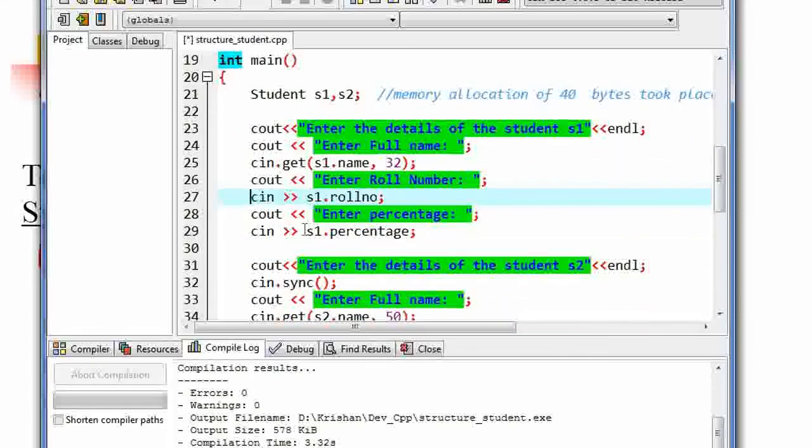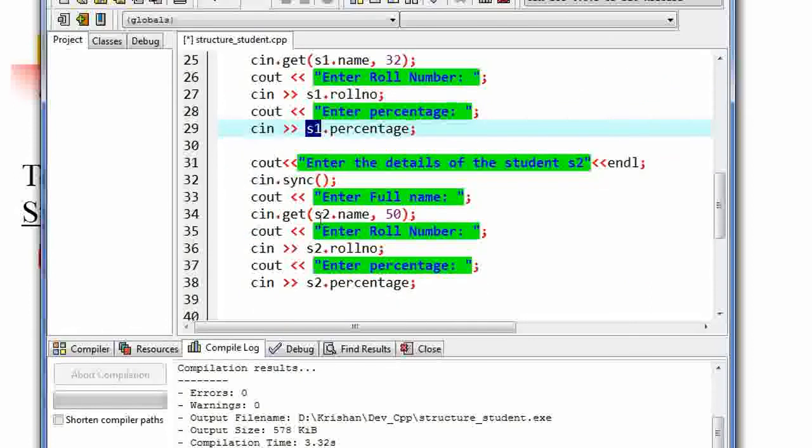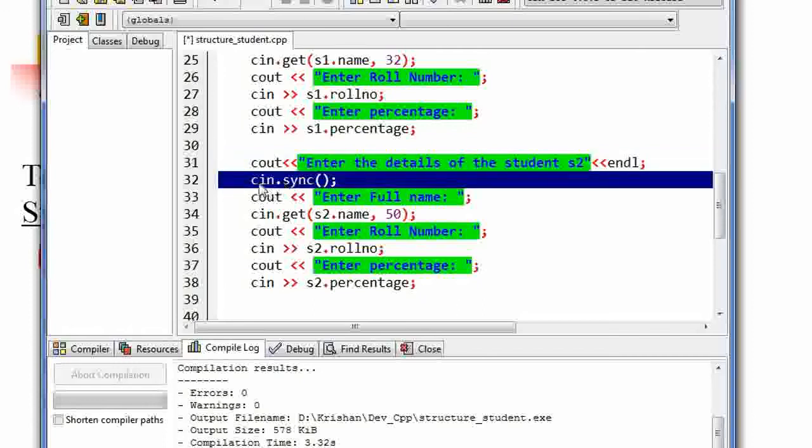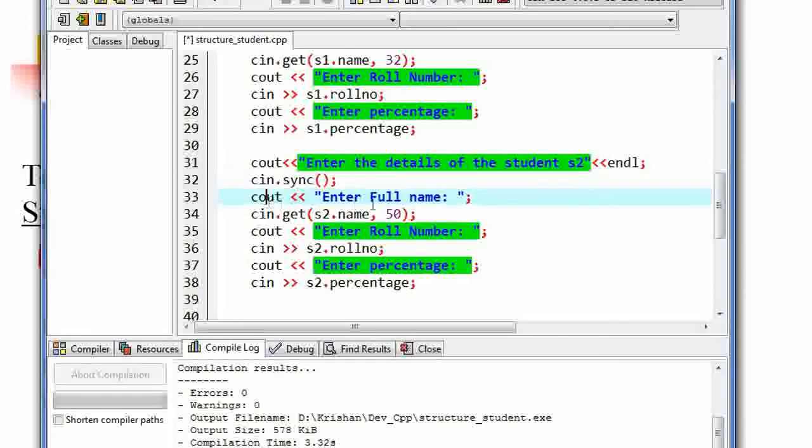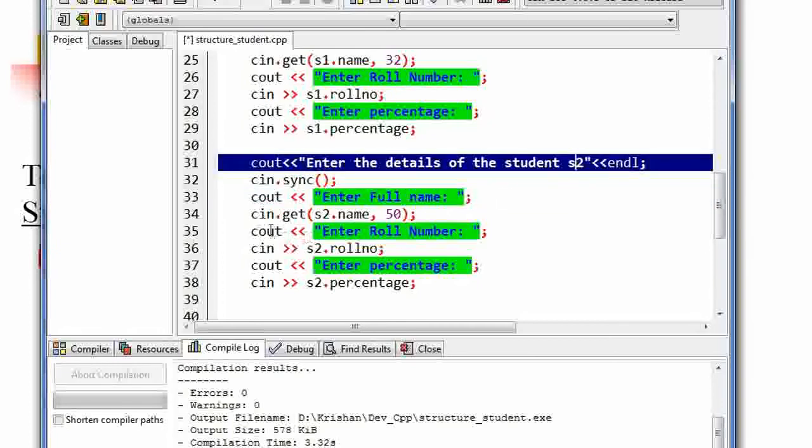सो यहाँ पर हमने परसेंटेज को स्टोर कर लिया। किसकी परसेंटेज को, S1 की या S2 की? यहाँ पर S1 की परसेंटेज को हमने स्टोर किया है, क्योंकि यहाँ पर हमने S1 लिखा है। अगर हम S2 लिखते, जैसे कि अभी हम यहाँ पर cout "Enter the details of the student S2" लिख रहे हैं। "\n" is for line change, you know already, okay. You ignore this statement cin.sync, I will explain you later on, okay. This cout "Enter the full name", we are asking the name of the student S2, this we have told S2, okay.